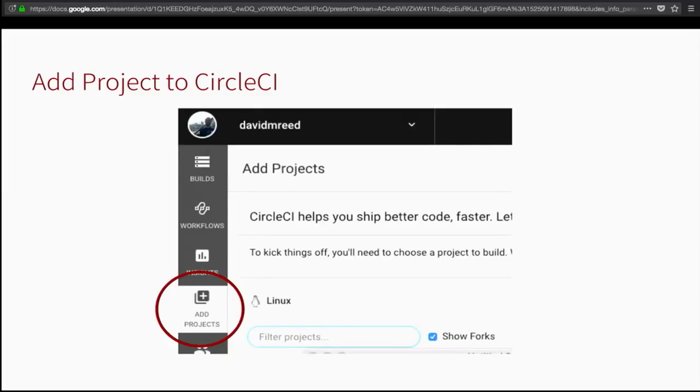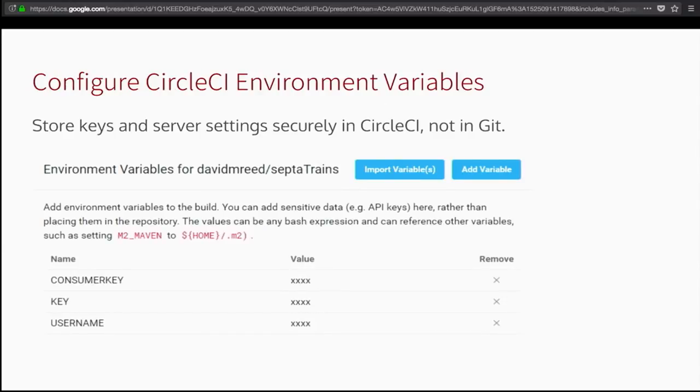The last couple of things that we have to do before we can start building, we're actually almost done with this process of setting up and establishing CI, is we'll add this repository to CircleCI. We'll add a new project from our GitHub, and we'll configure the last piece of the authentication solution that we've built.